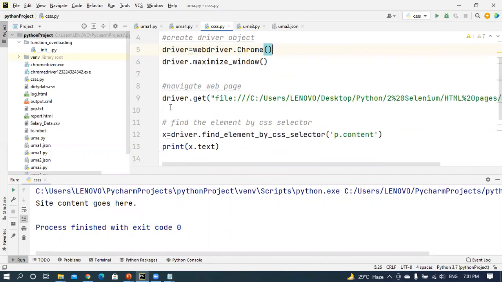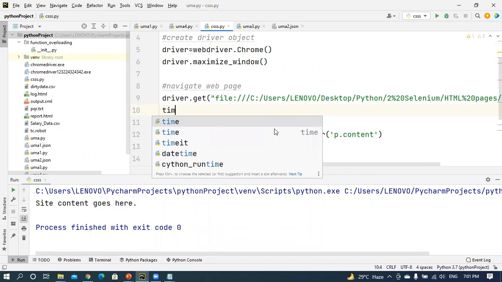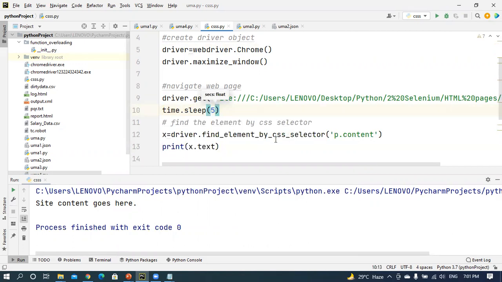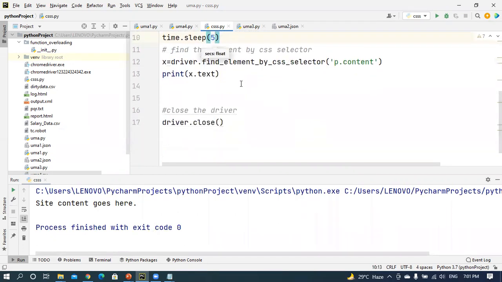Instead of that, after opening the window, I am going to wait for some time. For example, there is a time.sleep method. time.sleep(5). After opening that one, before printing also, I am going to wait some time.